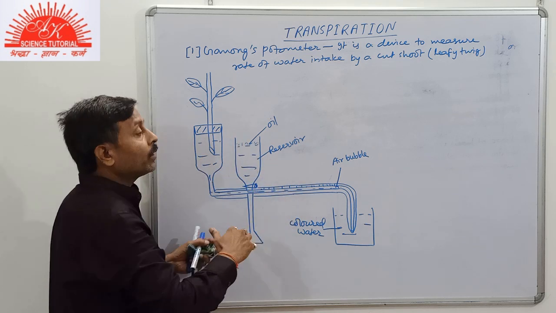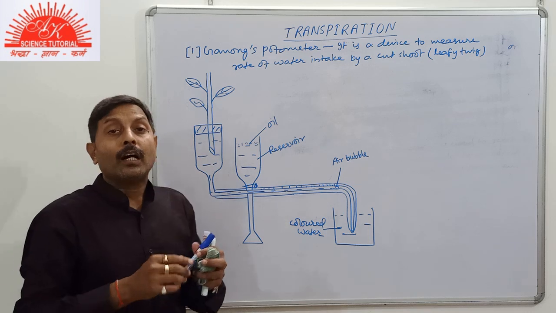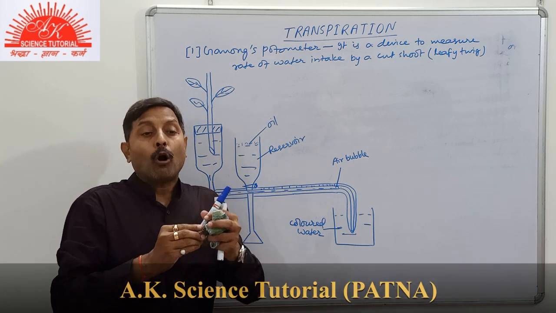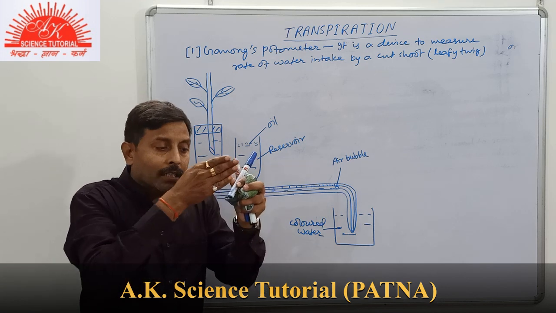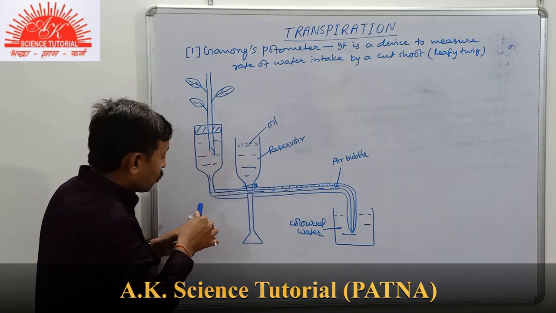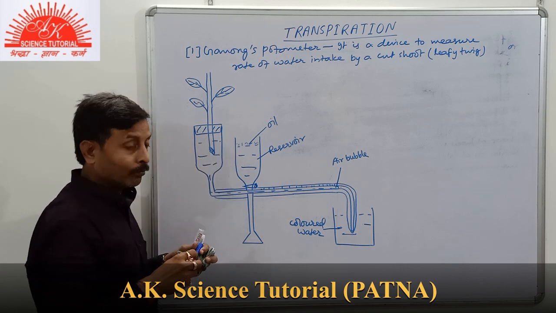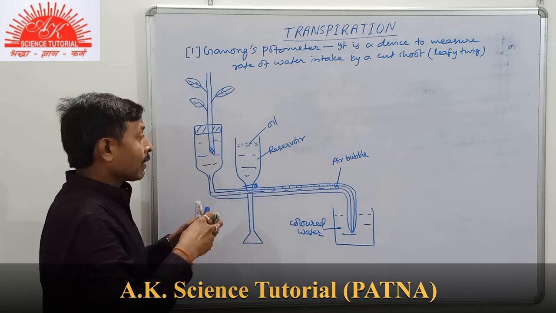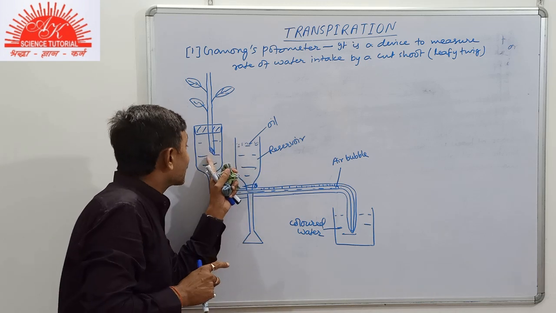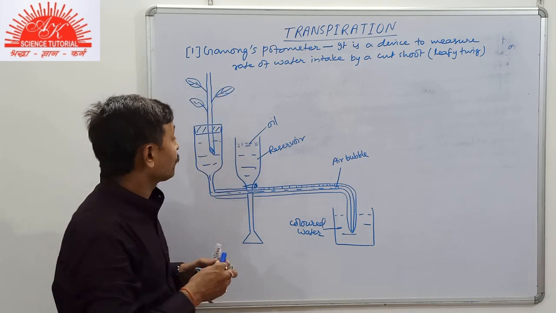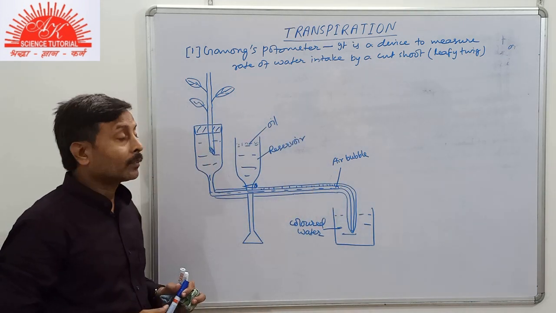Now, in the beginning, to arrange the experimental setup, we cut a leafy twig obliquely by dipping it in water. It is cut obliquely like this to provide a large surface area for sucking of water. Similarly, it is cut while dipped in water to prevent air from entering its capillary tube. Clear, students? Now, the setup is arranged and kept in sunlight.